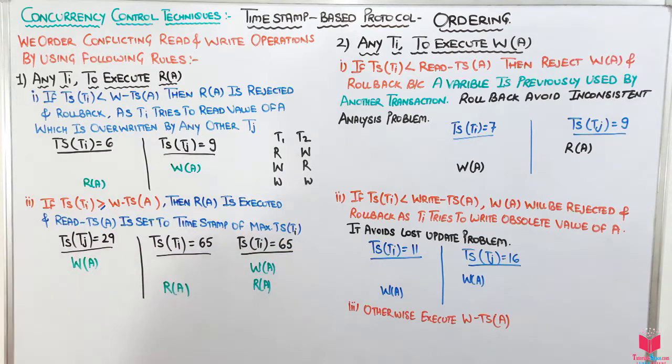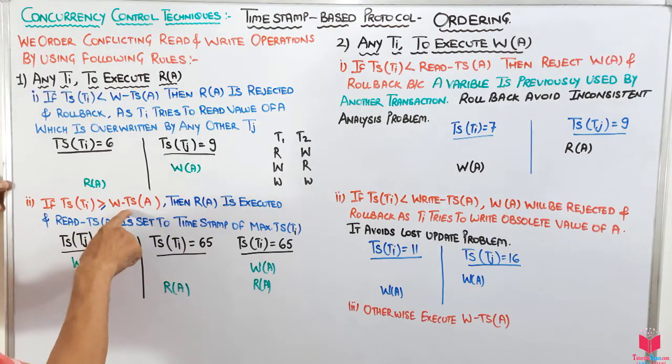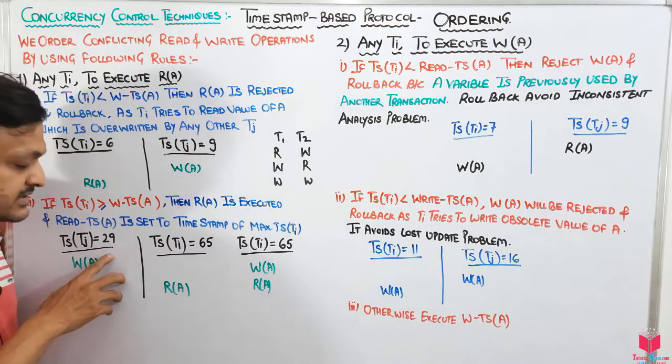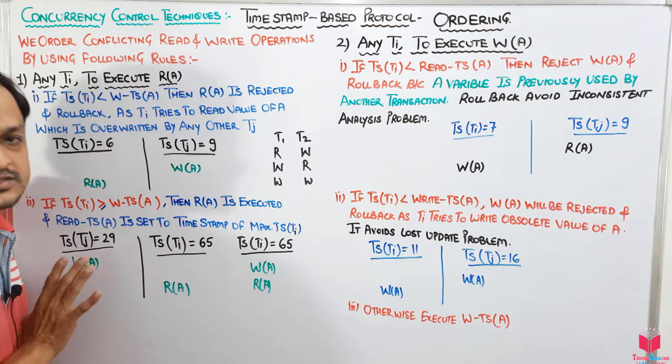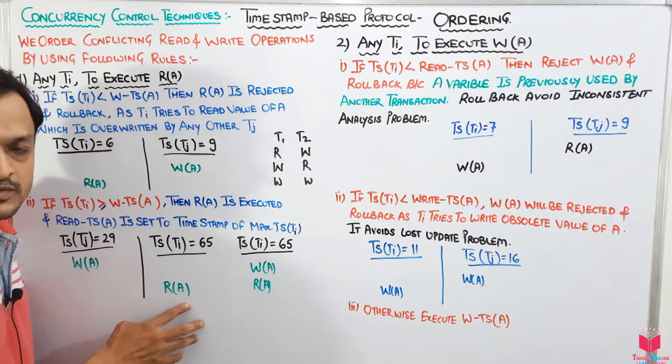Okay guys, let's see how we will confirm this. Suppose we have a transaction Tj whose timestamp is 29, and Ti whose timestamp is 65, which is greater. Tj has performed the write operation first, and then the read operation is requested by Ti. This will be allowed, because the other transaction came first and updated its values. It's okay with that. Then the transaction Ti comes and wants to read this value, so it's okay.